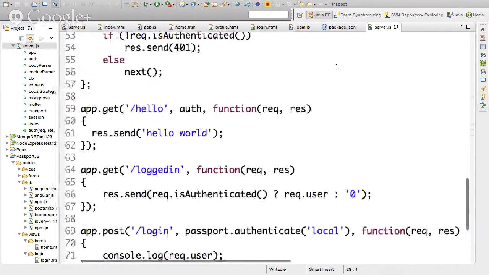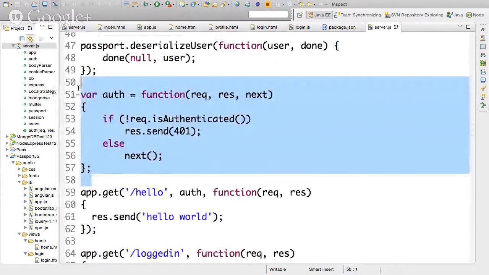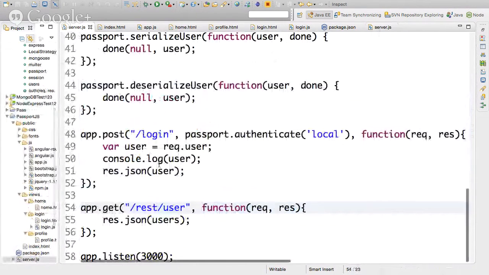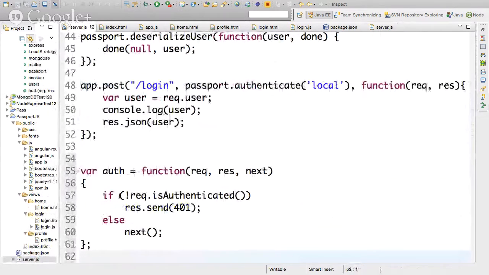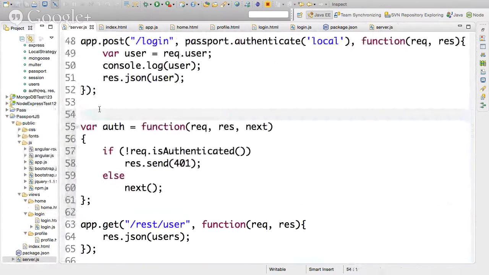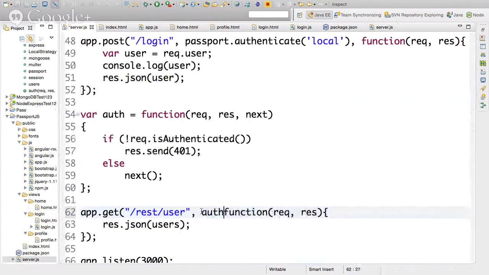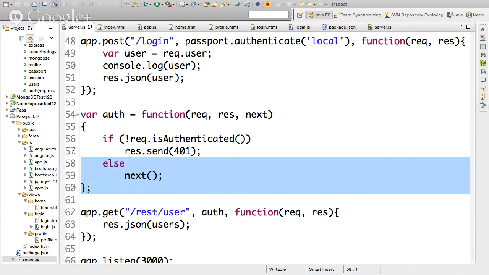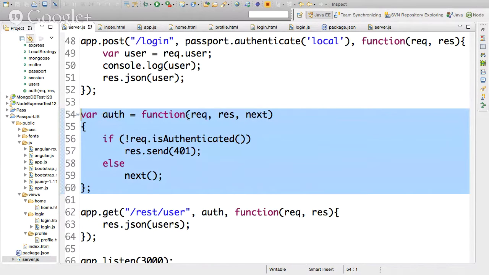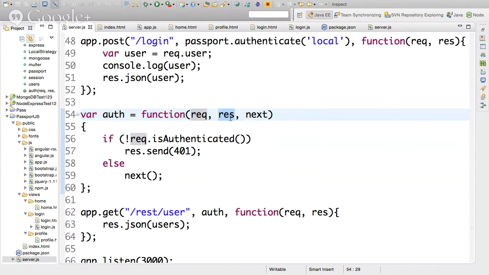what we're going to do here is create a little function that we want to invoke every time we try to access this route. So here we're saying insert this, meaning call this function before getting to me. And so here's the function. This function will be called, and it receives the same request and response in the chain. It gets the same request and response, and one of the things it can do